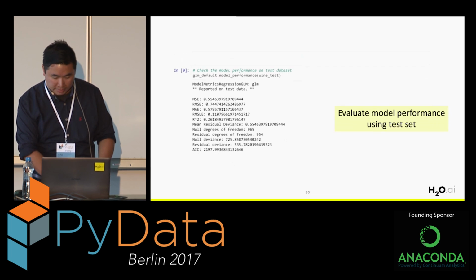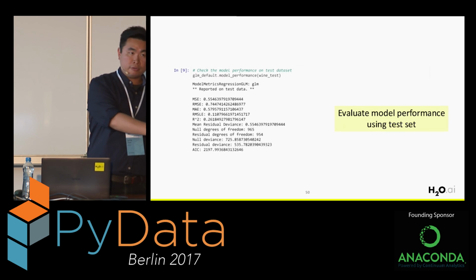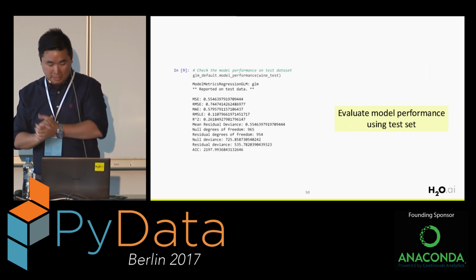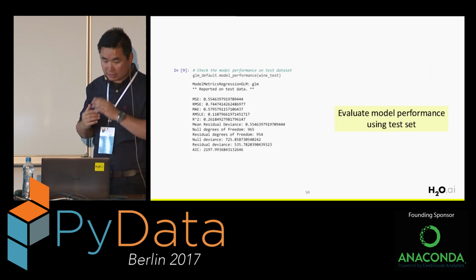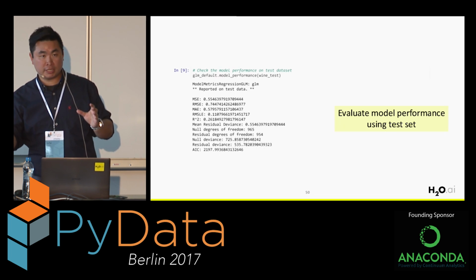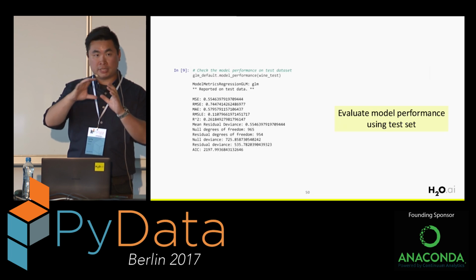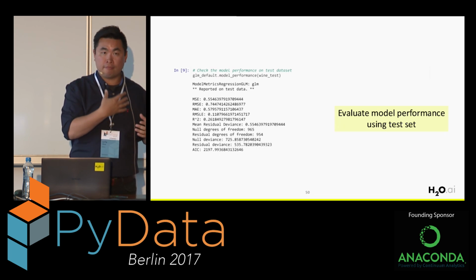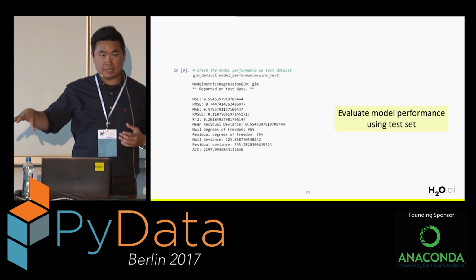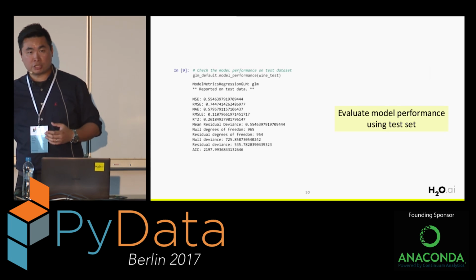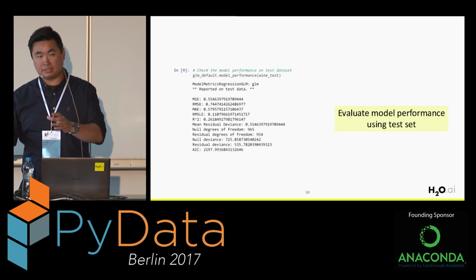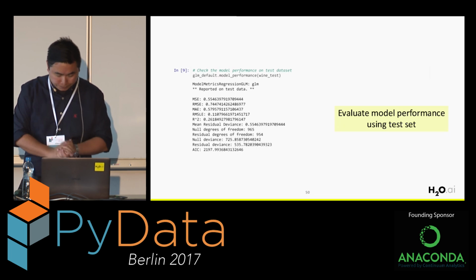So what we need to do next is to actually use this model and evaluate its performance on the hold-out 20% data set. That's what we're trying to do here. We're using the model_performance function in H2O, and you point it to the test data frame. It does the same kind of metric calculations using the model on the test data set, and it will then give you more metrics. So that's a way to look at how good the model is on the unseen data set.